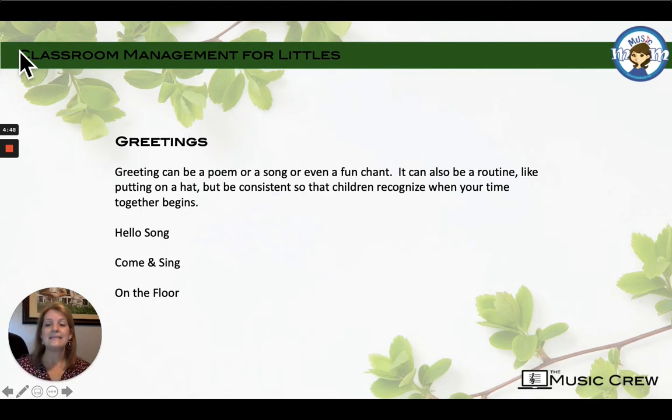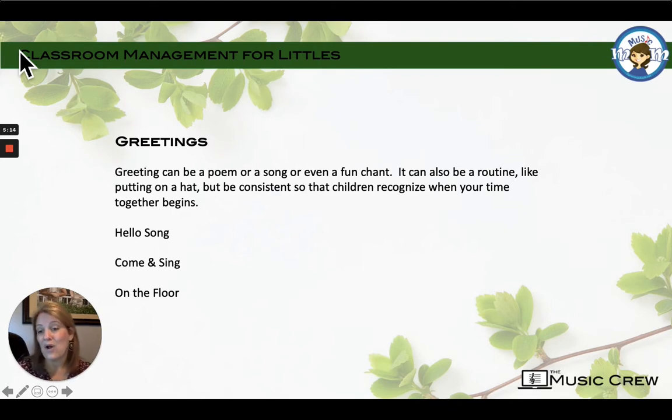But greetings, again, can easily be a song. When I do choose a song, I use it at least a month and seeing them coming before I introduce something new. And if it's younger kids, like 3 or 4, I might even use it as much as 5 or 6 weeks before I change my hello song or a transition song. So just to give you that clue.